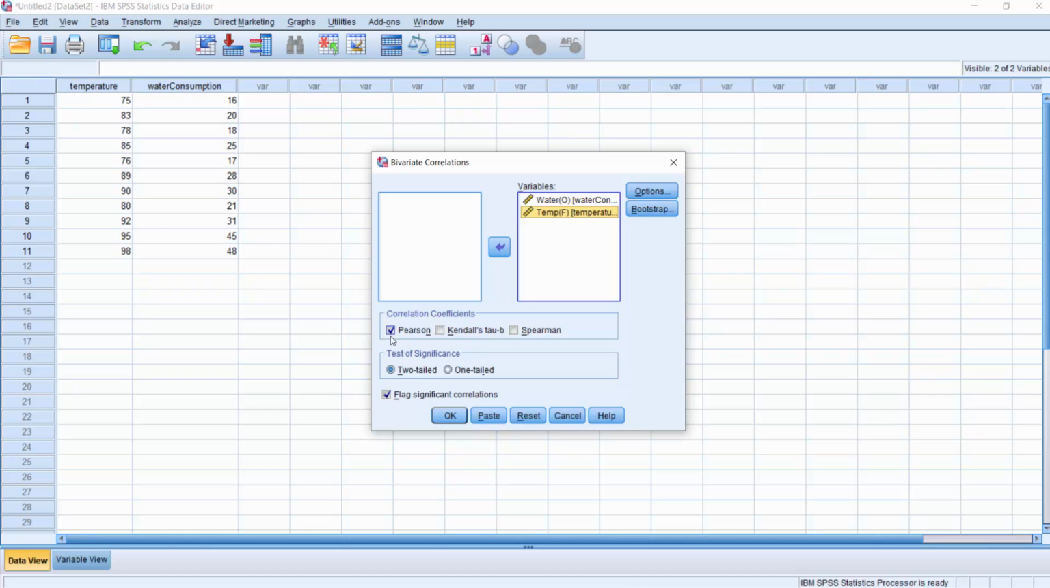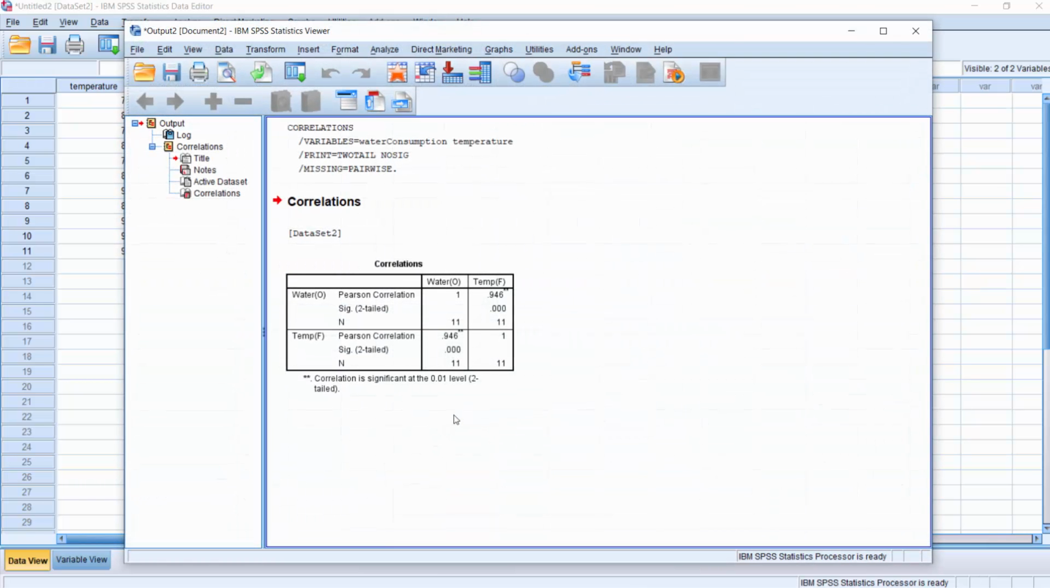Here we can select the correlation coefficient, and in this case we are going to use Pearson R. And remember, the test of significance is important to see the relationship between two variables, and in this case we are going to use two-tailed. This will flag the significant correlation. That's why we have a tick here. And click OK. Once you click OK, all the correlations are